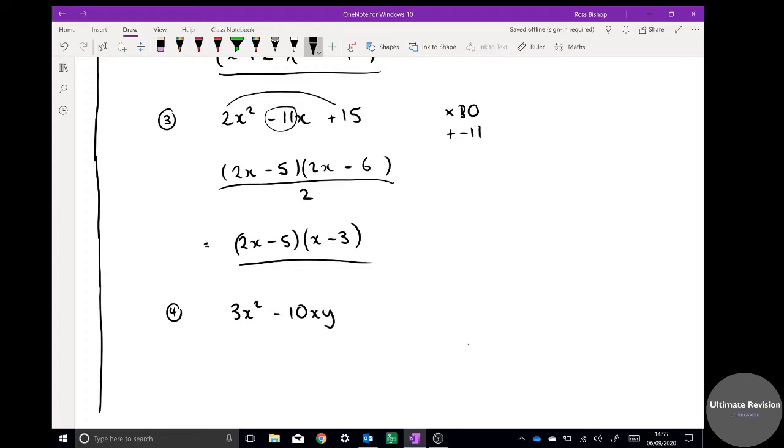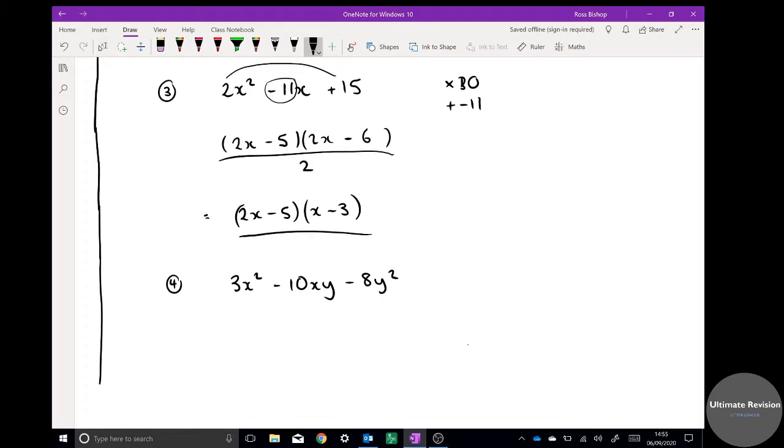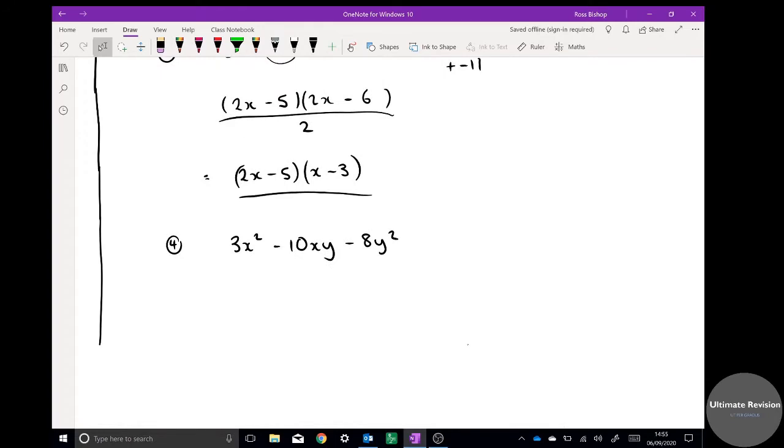So we're asked to factorise this. It looks a bit harder because we've got x's and y's. Okay, again, there's nothing common in all 3. There's no x in all 3 terms. There's no y in all 3 terms. And it's a quadratic, so it's going to be a double bracket case. Also, it's 3x squared. So I'm going to start by putting 3x